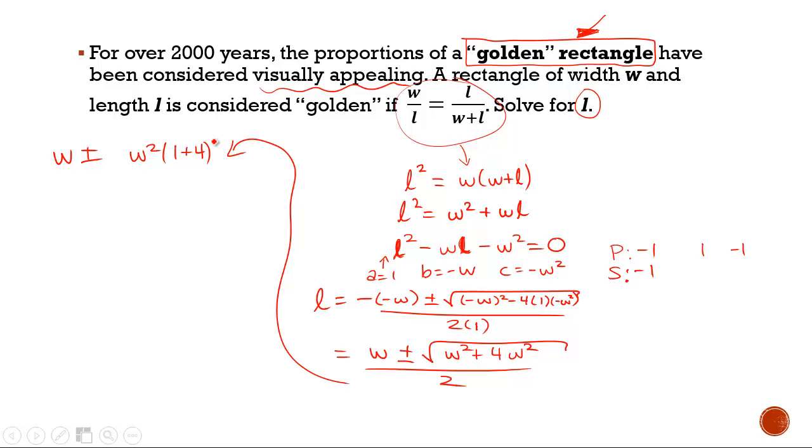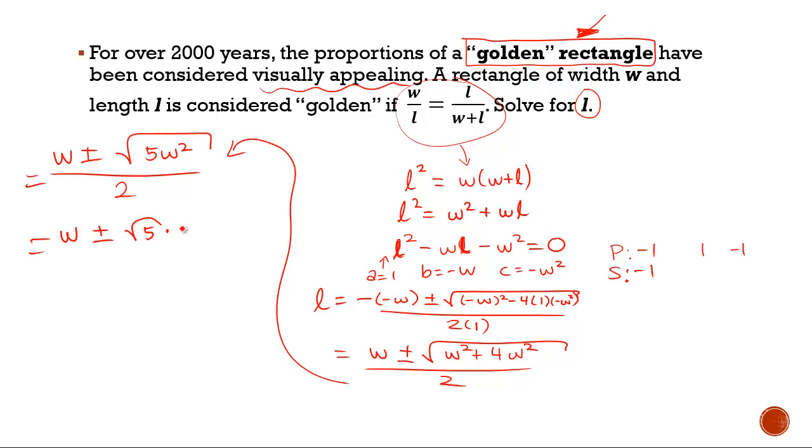You could actually also see that as combining like terms. So that's actually 5w squared under the root over 2. Can we simplify that root? Well, split the root, so that's root 5 times w. The w comes out over 2. If we take out the w as a common factor, we get 1 plus or minus root 5